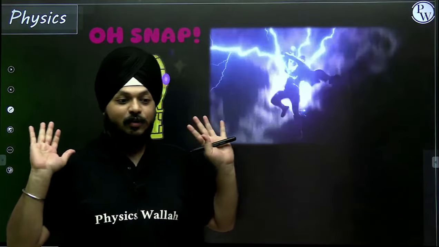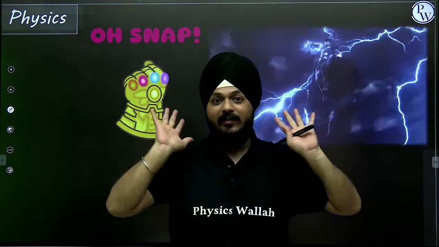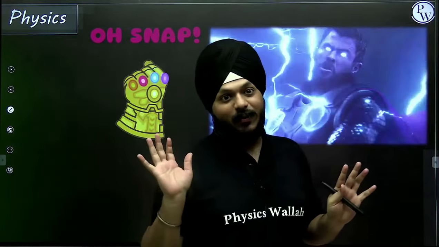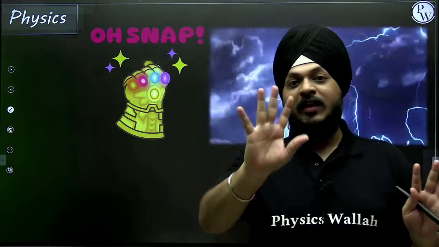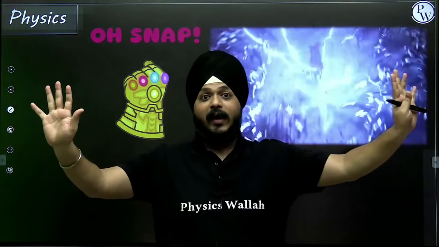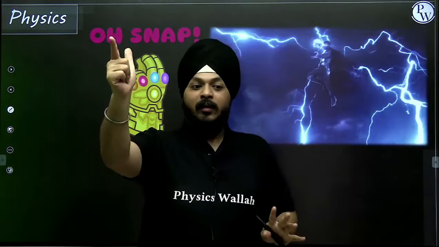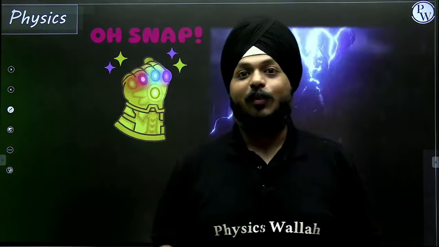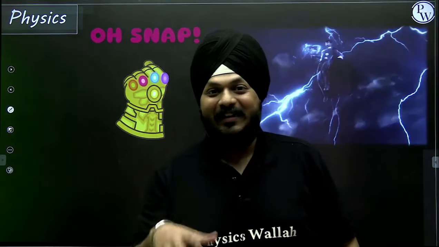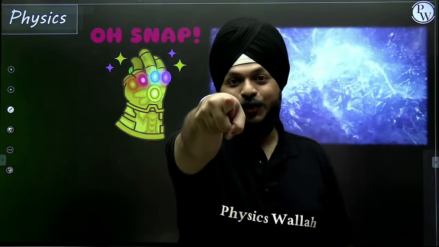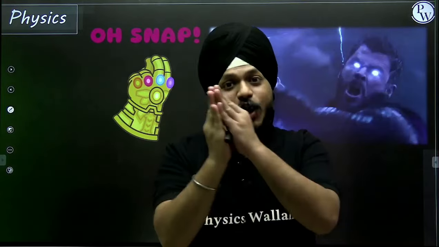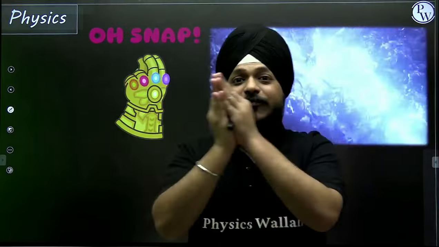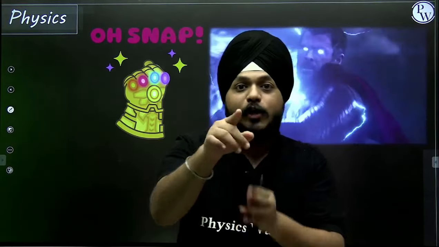Now something is happening in my surrounding. One activity is going on in my surrounding. What was the step? Thanos snapped. Half of the universe disappeared. No, but I'm still here. So who's the observer? You. So whatever the concepts, whatever the theories of 11th and 12th that are kept in front of you all, who is going to observe you all?